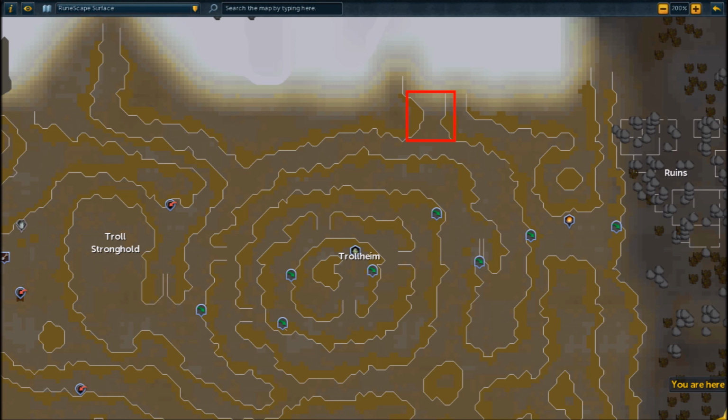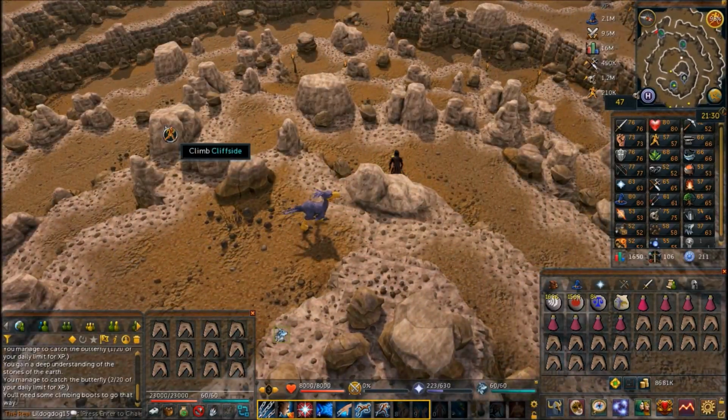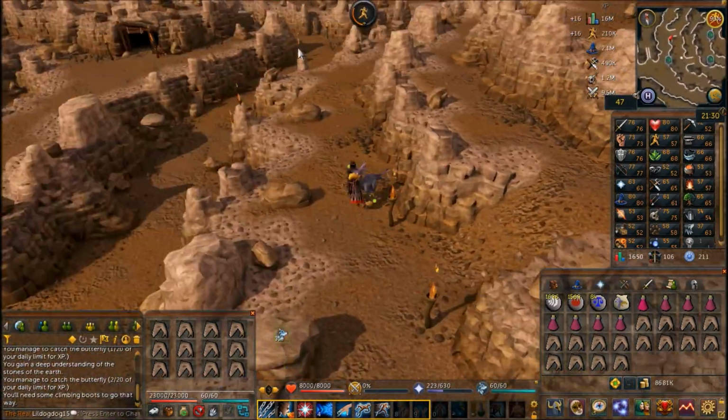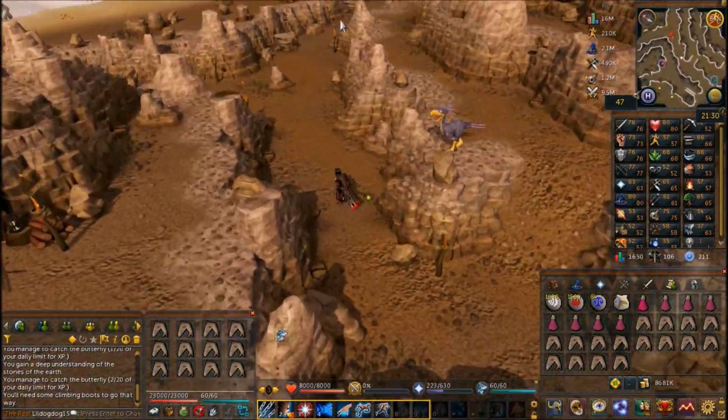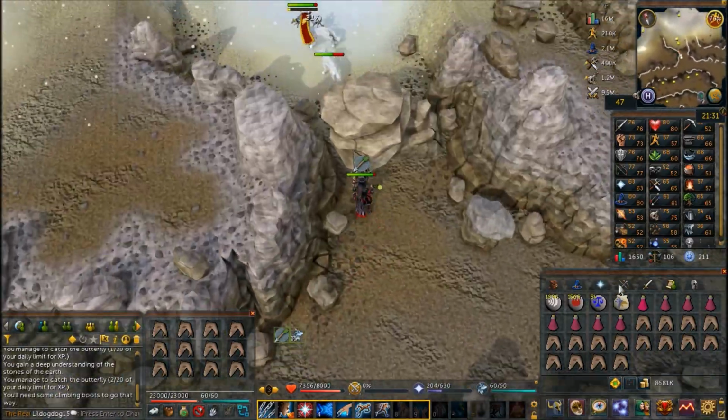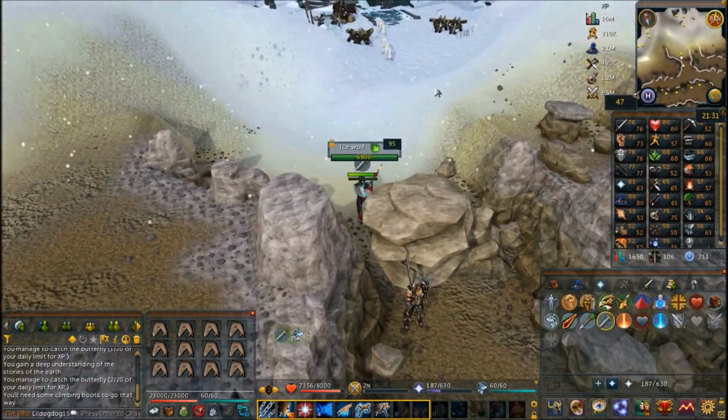If you can't teleport there, still bring the teleport rune so you can teleport out. So what I'll do is I'll climb down the rocks and just make my way towards it. Once I get on this bottom level here, I'm going to turn on Protect from Missiles, because these trolls here can deal a little bit of damage. And then once I'm under the boulder, I'm going to switch to Protect from Melee